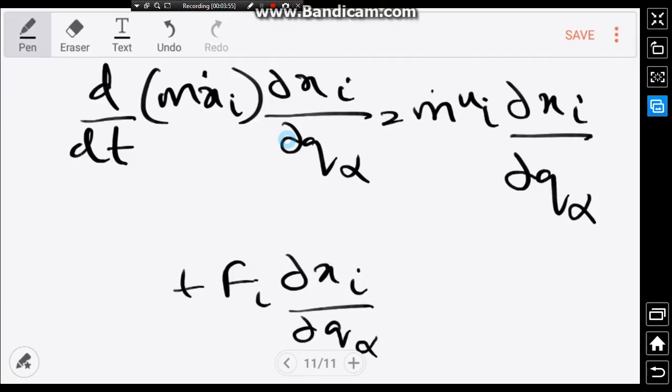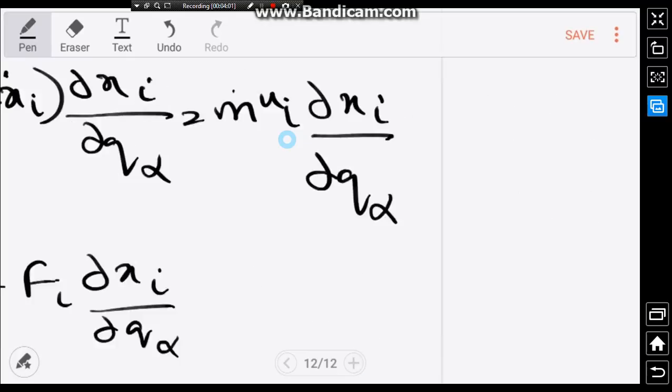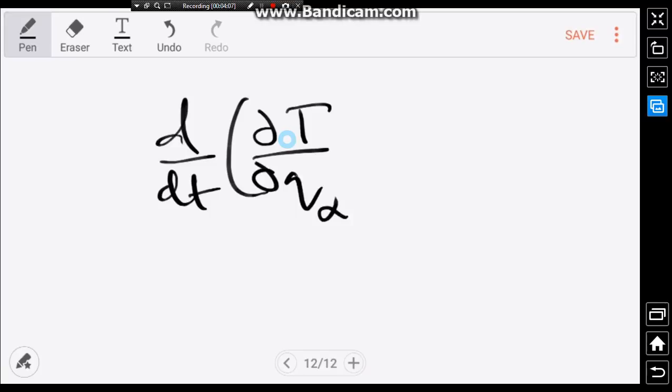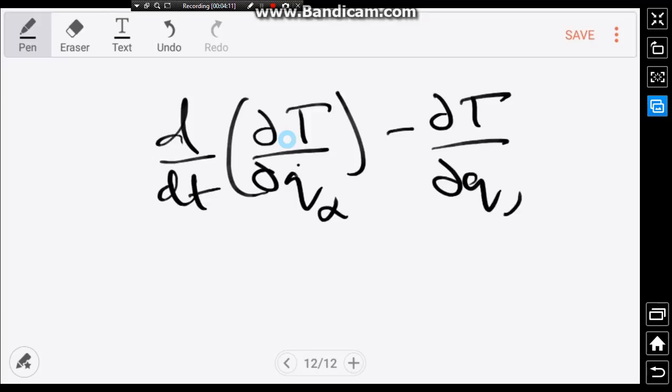Now we can easily verify that the left hand side of the equation can be expressed in the form d by dt of dou t upon dou q alpha dot minus dou t upon dou q alpha, where t is equal to the kinetic energy of the rocket. Hence we can write the